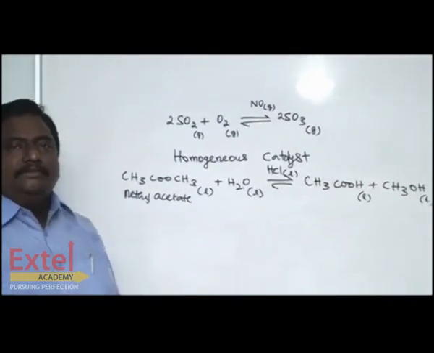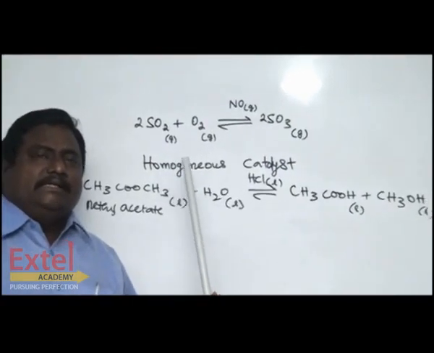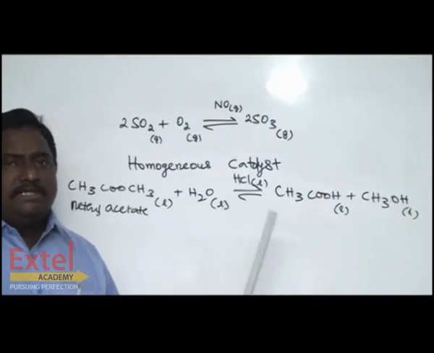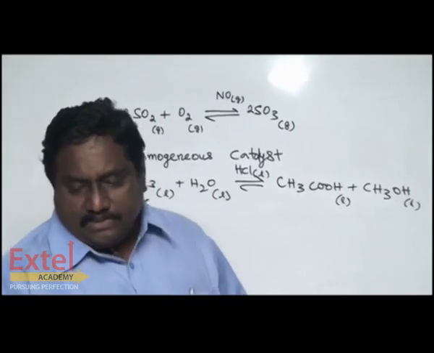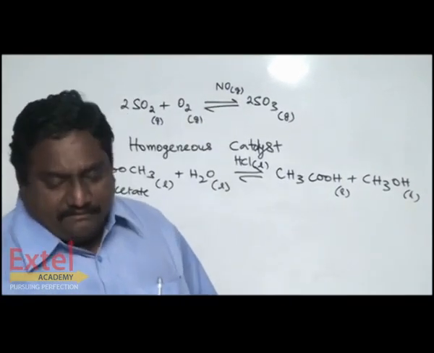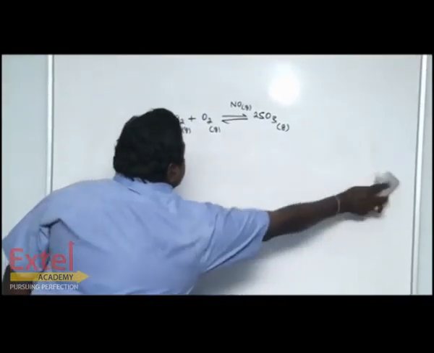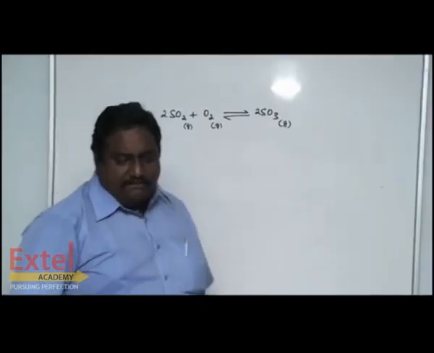So, what I have told you: when the catalyst is in the same state as the reactant and product, it is called a homogeneous catalyst. Understood the concept? Then the next is the heterogeneous catalyst. If the catalyst is in a different state, let's consider the same reaction, the formation of SO3,